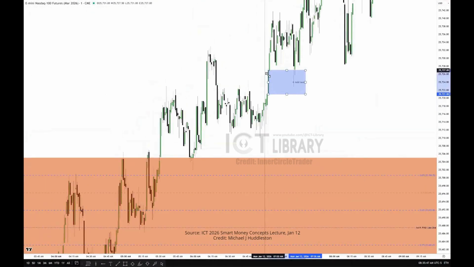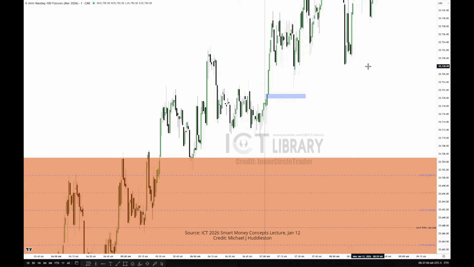Watch. This little thing here, cute as it is, is not important to me. I would look at that as a common gap. This is not common. A common gap is not an interesting gap to me. An interesting gap is one that has displacement like this. And what is displacement? It's a run through a high or low at a very specific time. What's the time? 7 o'clock in the morning. So now business should start picking up.